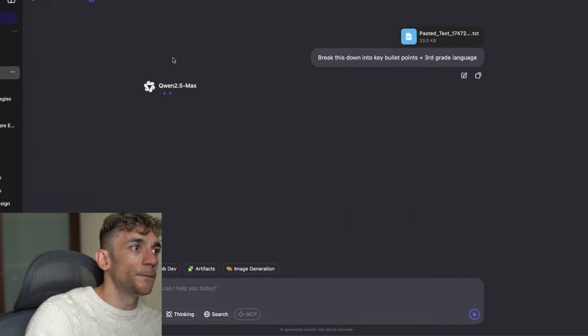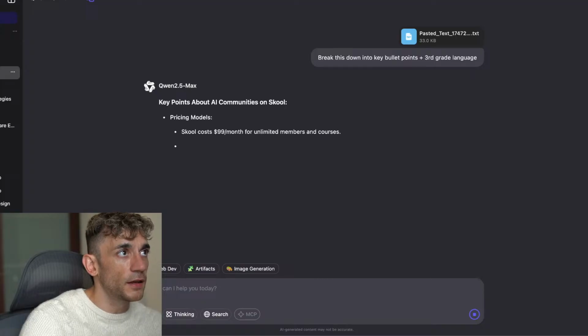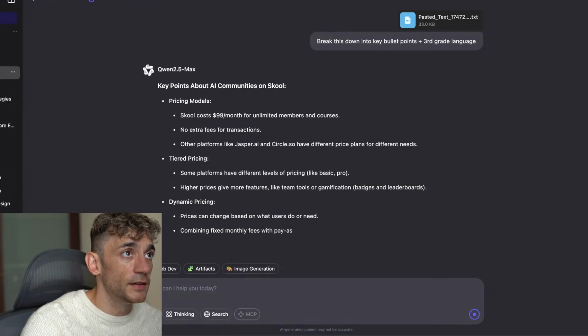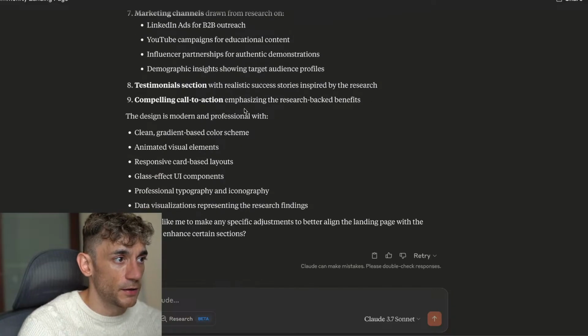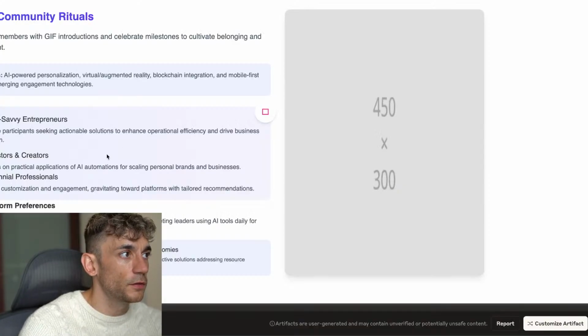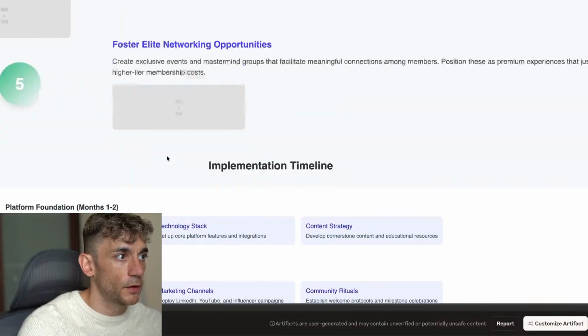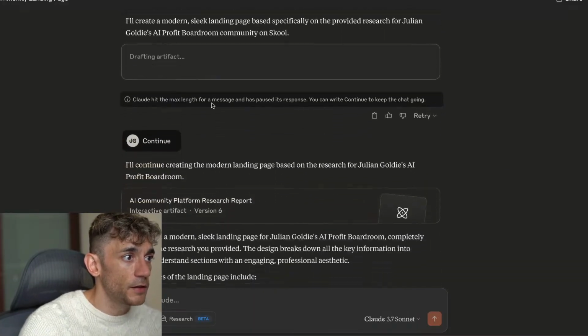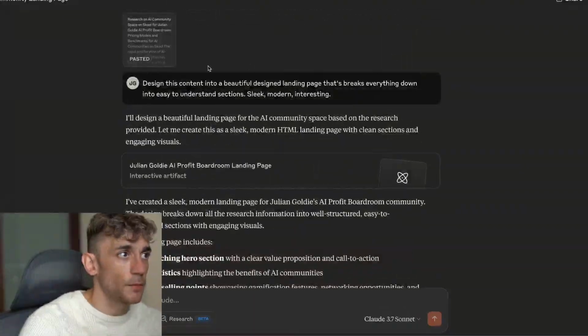The other thing that you can do is take that content and plug it into Qwen or another AI coding tool and just create a nicely written website or landing page about it, right? For example, if we go into Claude Artifact, this is a web page I created earlier using the content from Deep Agent. Basically all I said was, if we scroll up here, design this content into a beautiful